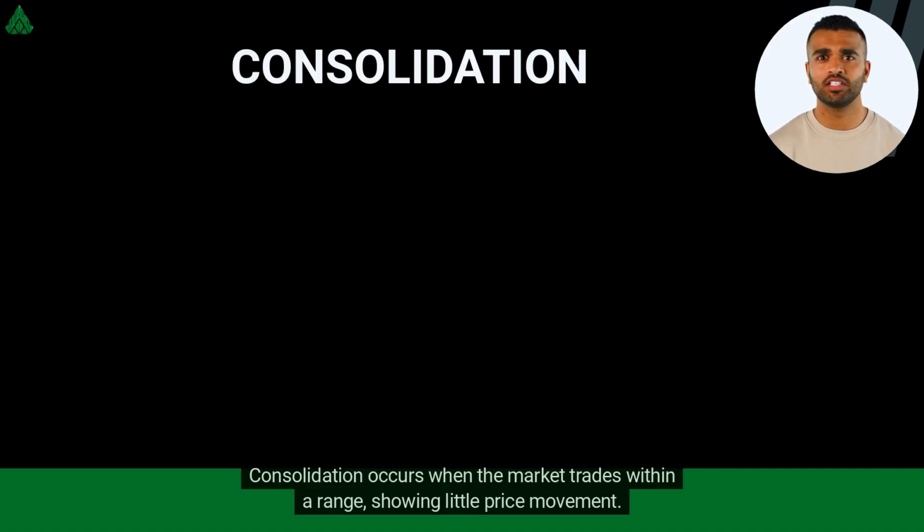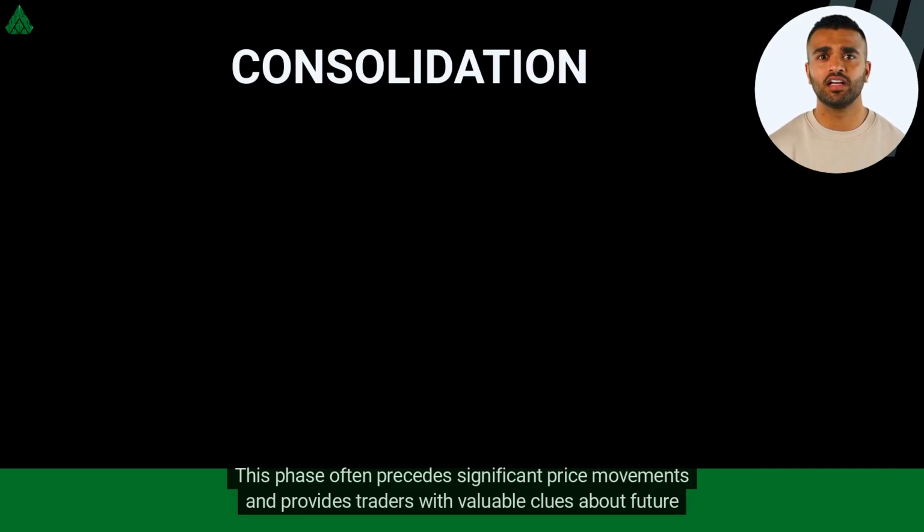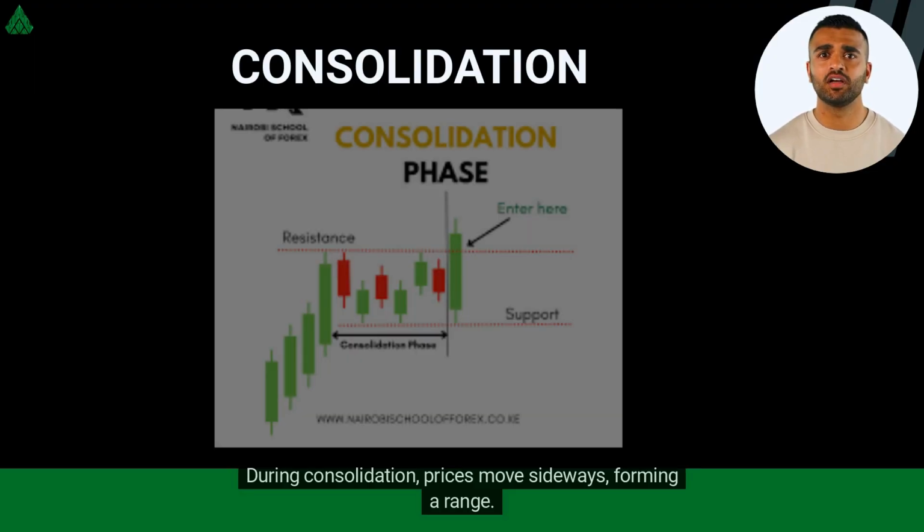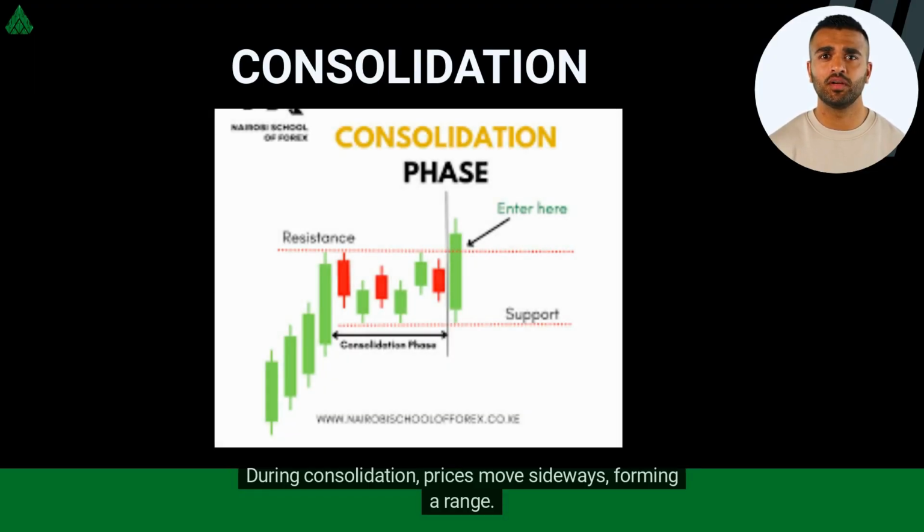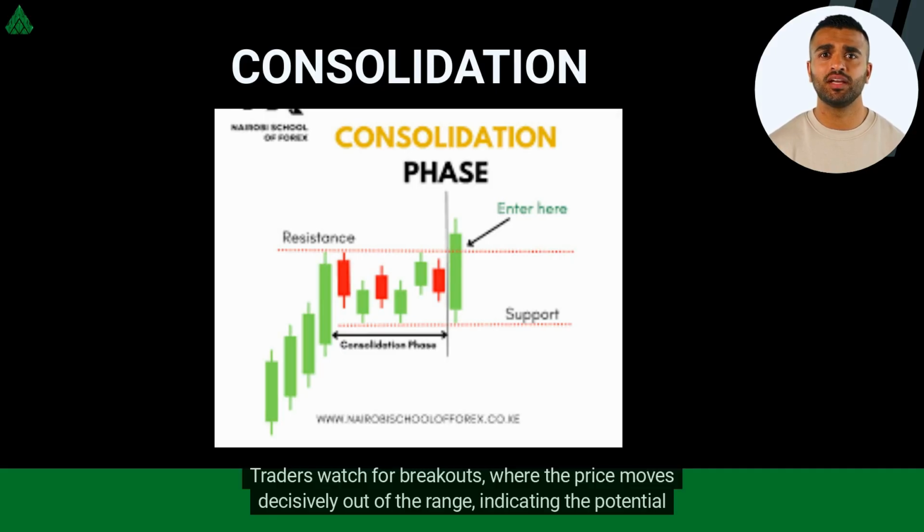Consolidation occurs when the market trades within a range, showing little price movement. This phase often precedes significant price movements and provides traders with valuable clues about future trends. During consolidation, prices move sideways, forming a range. Traders watch for breakouts, where the price moves decisively out of the range, indicating the potential start of a new